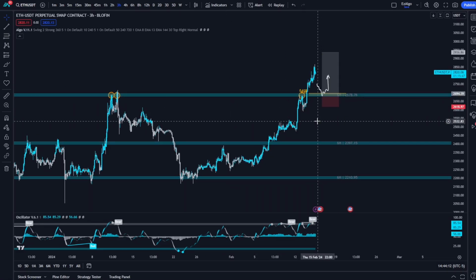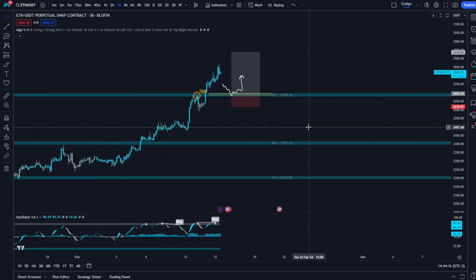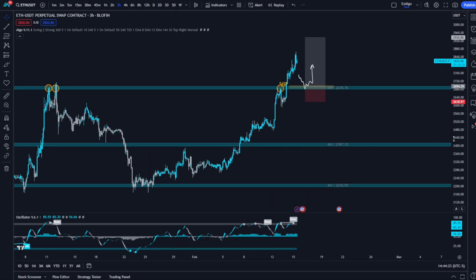But at the end of the day, I don't take a trade unless price is at a key level that has significant price history. If price has respected a level in the past X amount of times, let's say it's rejected from this level 10 times in the past, I can assume that it will reject from this level once again. It's showing me where the liquidity lies in the market. And we refer to these levels inside of the group as gravity zones. So look for these gravity zones where price seems to gravitate towards